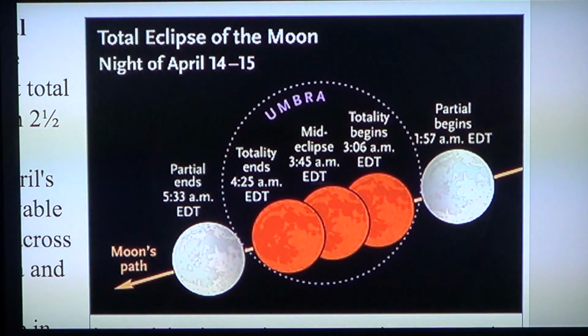Now the moon, what will it look like? Will it be bright enough? We haven't had that many very large volcano eruptions, so we expect to have a bright enough moon in that period of time. It should be pretty much a reddish moon, and it should be